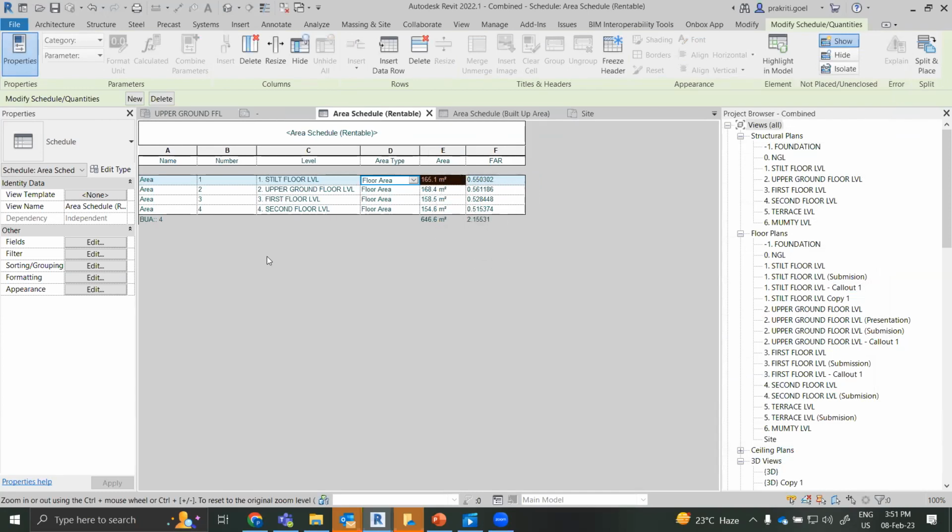So whichever standards you are following for the calculations, this is how you actually develop them. But for FAR calculation, we don't need the levels, we just need the full built up area, like total area. So what I can do, I can just hide some of the information that we actually don't require, right? So what I'll do, I'll just go for